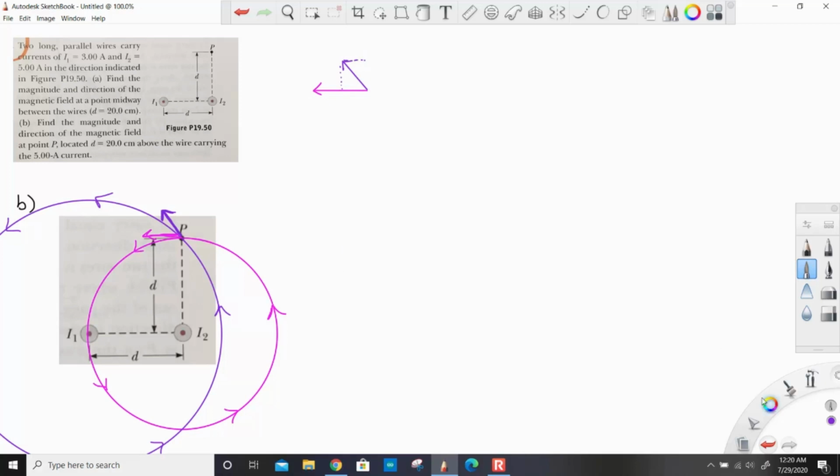Alright, so let's do this again. We'll go through the process of finding the magnetic field. This time we'll start with wire 2 because it's simpler. Again, we have a distance that's a little bit simple. Let's start off with mu naught I2 over 2 pi times the distance, and that's this time simply d. So that gives us